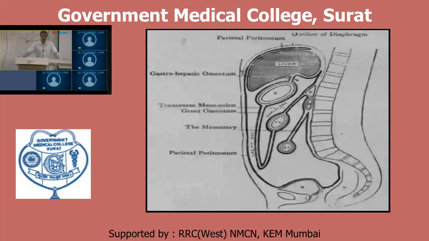Now this rectovesical fold will form a pouch, and this pouch lies about 7.5 centimeters just above the anal opening in male. But in female there is a difference. What difference? In between the rectum and urinary bladder, there is presence of the uterus. Now this uterus will form one additional fold as compared to the reflection of peritoneum in male. In female, there is presence of one additional fold. Which additional fold? From the rectum.